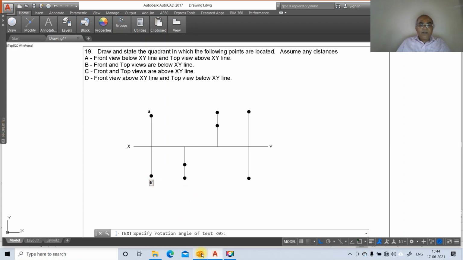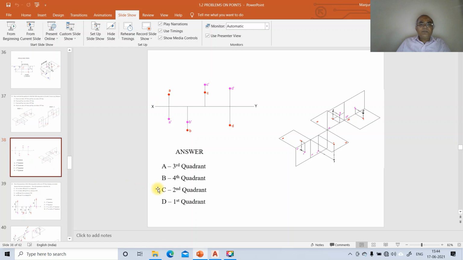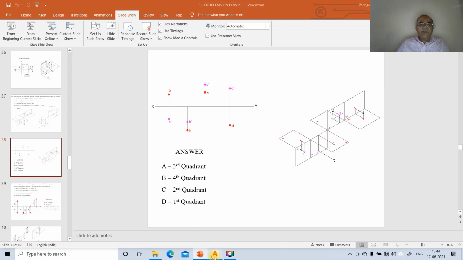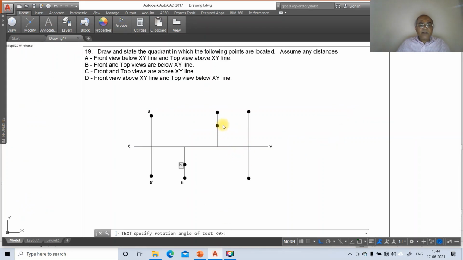Then here in the second case B dash, so you type B below, B dash here. Then in the third case C dash C, so you take C dash here and C here, and here D dash, and here this is D now.